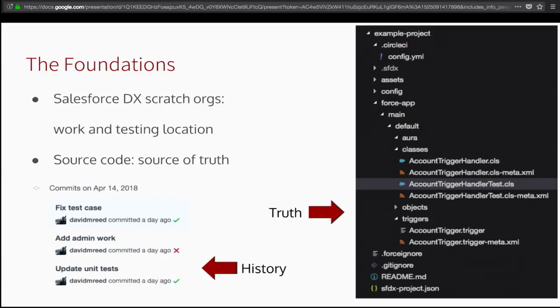The foundations of a CI workflow, as I mentioned earlier, start with a version control repository. We're going to be using Git in this presentation, but it doesn't have to be Git if you're a Mercurial user or even potentially Subversion or some other VCS. You can still make use of this workflow. And the other foundational tool that we have is Salesforce DX. I'm not going to go into the fine details of Salesforce DX here, but a couple of concepts that I want to bring up and make sure we're familiar with before we move forward are the idea that within Salesforce DX development practices, the source of truth about everything that you've developed, not just the new features, but everything that's part of your org, is your version control repository.